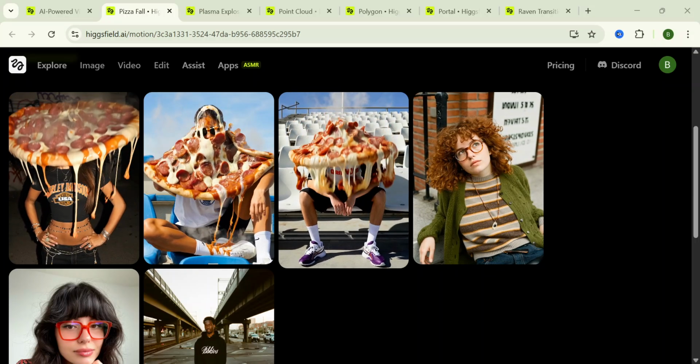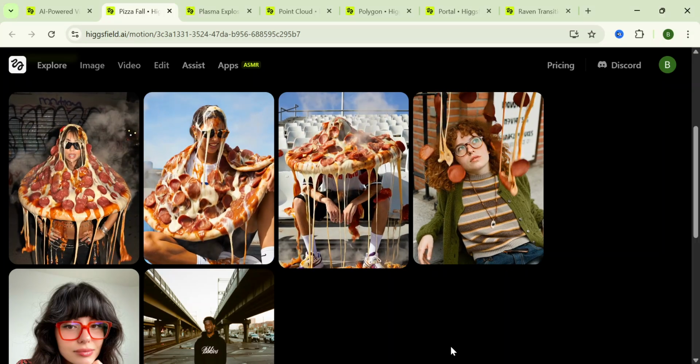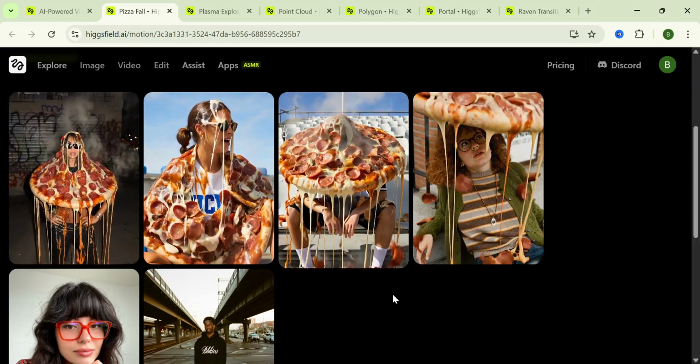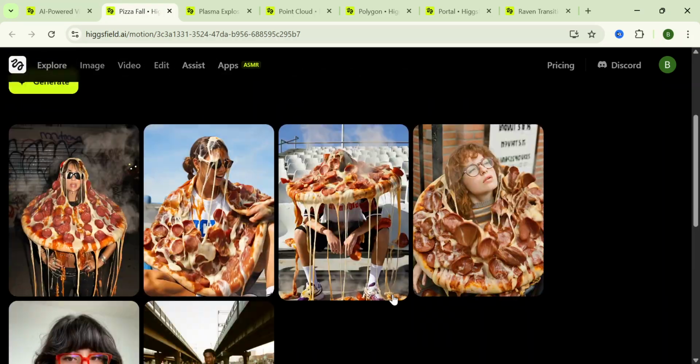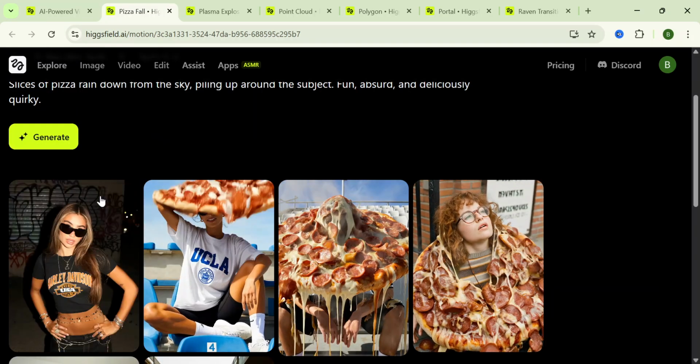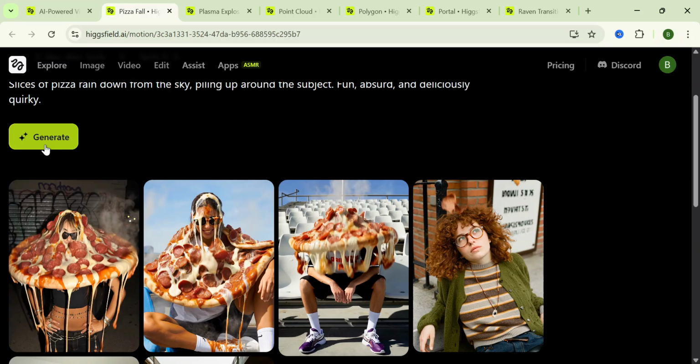I'm going to be showing you how to create a pizza fall effect just like this. This is just really cinematic and amazing. So if you want to create something as beautiful and aesthetically pleasing like this, all you have to do is